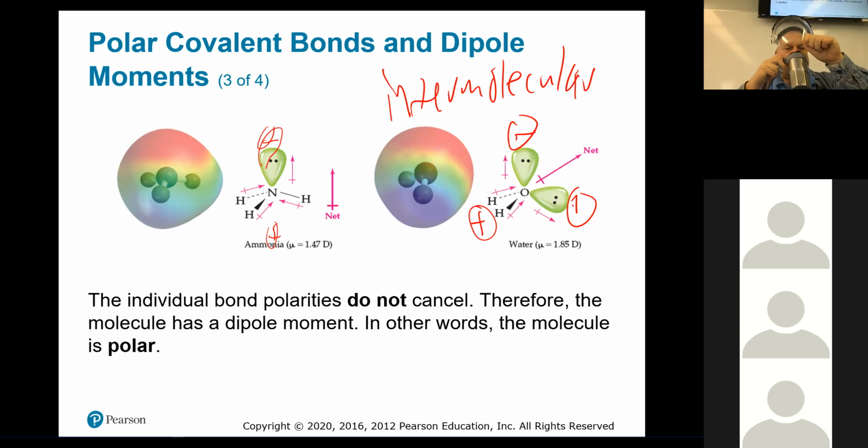If there are 3 positives, like 3 hydrogens, with the electronegativity going towards the nitrogen and 1 negative, this is the positive region, this is the negative region. It kind of moves around, and that's a polar system. So there will be intermolecular forces between ammonia molecules. That's why you can liquefy ammonia fairly easily by just putting a little pressure on it. We'll talk about that in the next chapter.